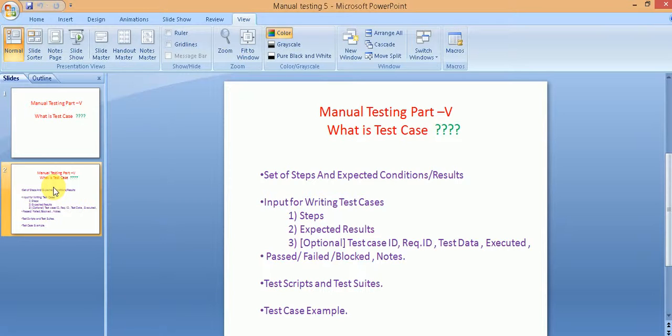Apart from the requirements, there are other inputs also for writing the test cases. It is possible that the system that is being developed has to conform to certain standards or regulations. So those standards or those regulations become the inputs of your test cases. It is also possible that there are competing systems in the market, and those systems have established some norms as to what is required in your system, so those can also be inputs.